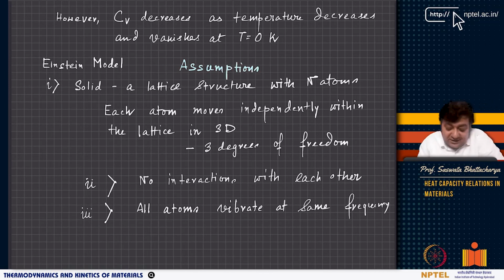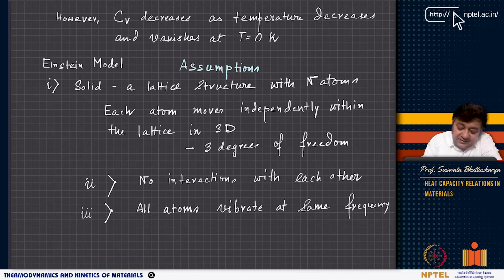As you can see, a solid has a lattice structure, which is correct. When we talk about the crystal structure of a crystalline solid, it has a lattice and it has a motif. The motif is nothing but atoms: lattice plus motif equals crystal structure. So a solid is always associated with an underlying lattice structure, which is periodic in nature, with translational periodicity. Let us assume such a lattice structure with n atoms.